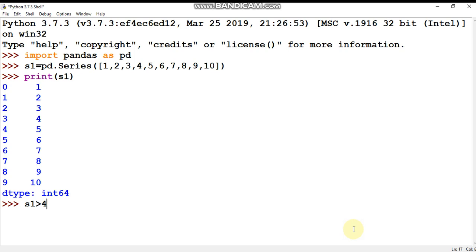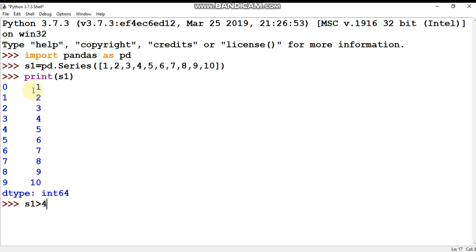So I want the value of s1 to be above 4. So the values of s1 above 4, that is 5 6 7 8 9 10, in this case it will display True. And whatever does not fulfill the condition, s1 greater than 4, obviously it will be fulfilled by 5 6 7 8 9 10.